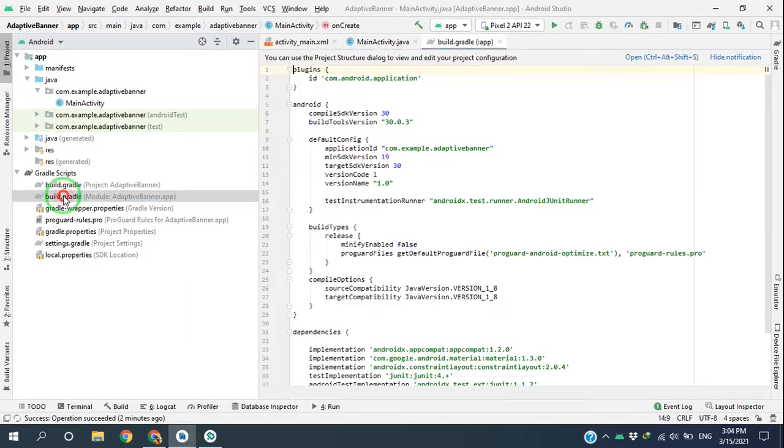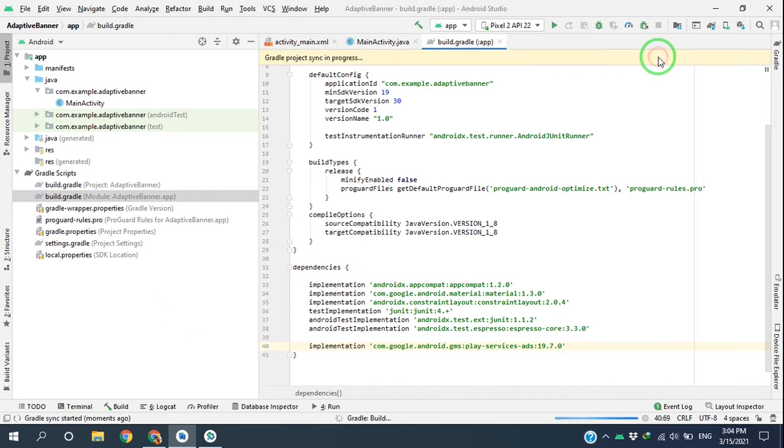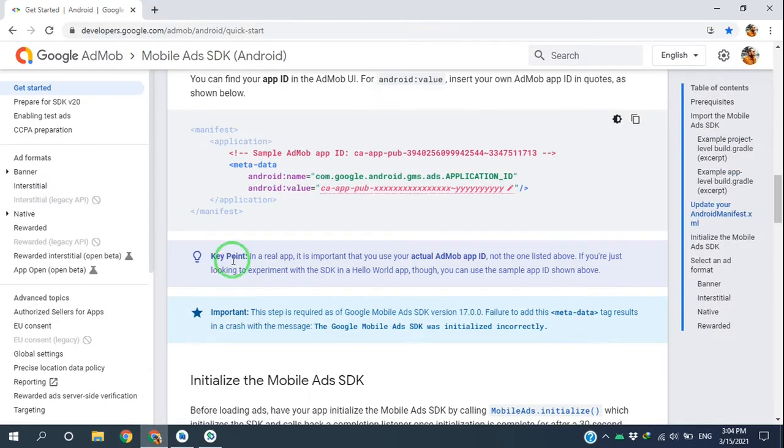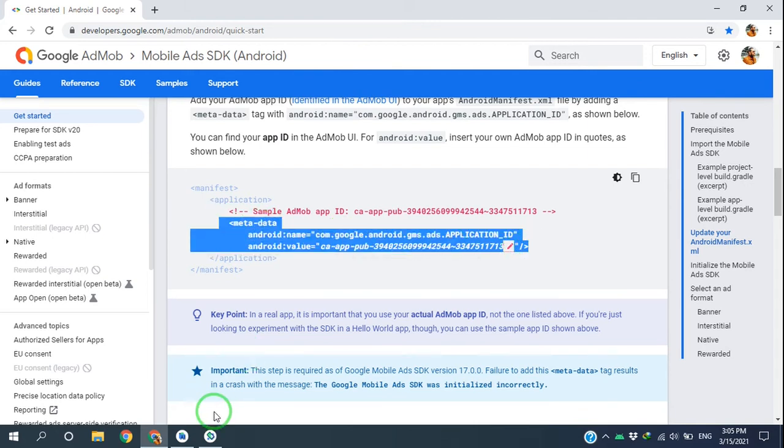So I go to the app level build.gradle file, to the dependencies, and I paste this implementation here and sync the project. Then I have to copy and paste this metadata tag into the Android manifest file. And I'm gonna use this sample app ID for testing. So I copy this app ID, I'm coming here, paste it, press enter, then copy the tag, go to the